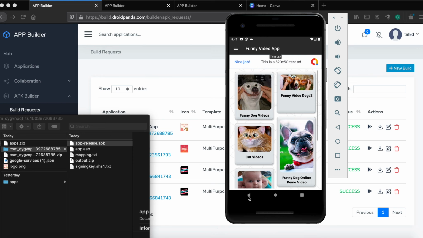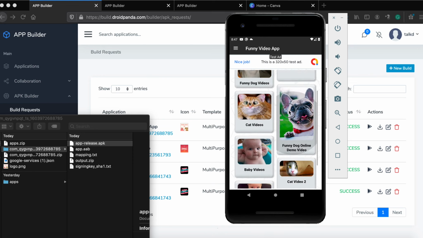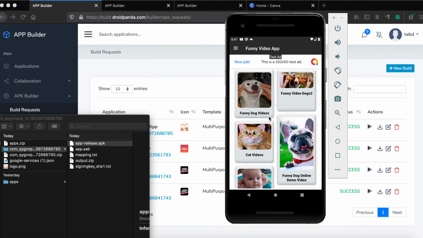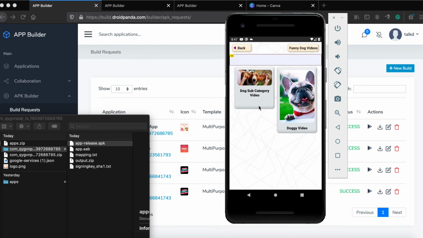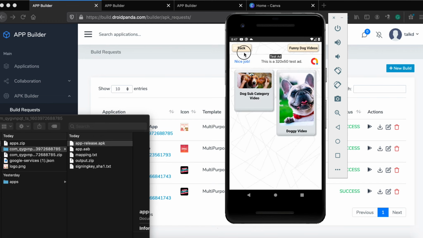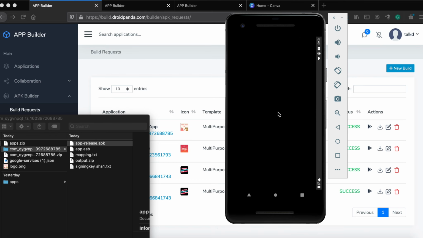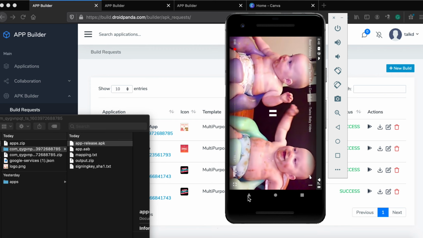Does not look too great. We can change that. Let's customize our app. But before that, let's see whether all the offline images, online images and videos are loading properly or not. This is the category where we used HTML as well as a YouTube link inside the collection. Seems like everything is loading properly.